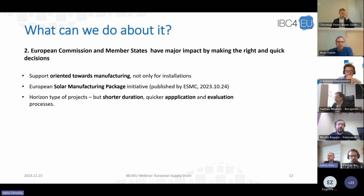And maybe the last point which I want to mention, which could of course help European producers, and maybe companies working in the supply chain as well. So horizontal type of projects, they are really great, but to make the impact even bigger and stronger for the companies, and that these projects could help even more, I think we need to make them shorter. And especially we need quicker application and evaluation processes, because at the moment when we apply to these